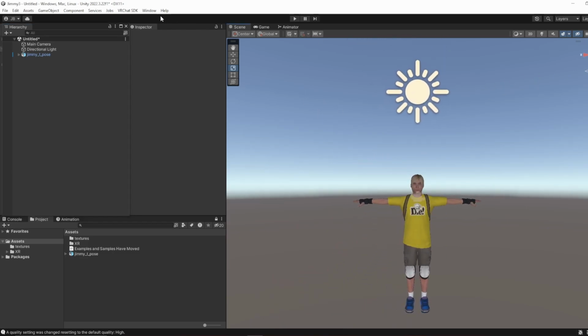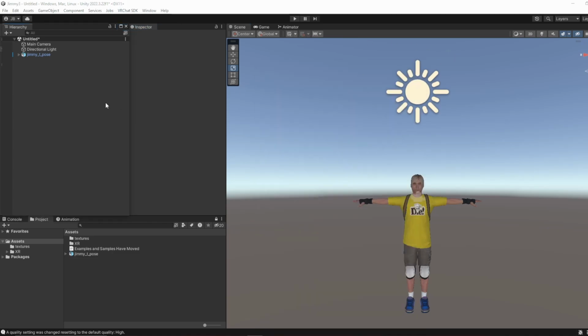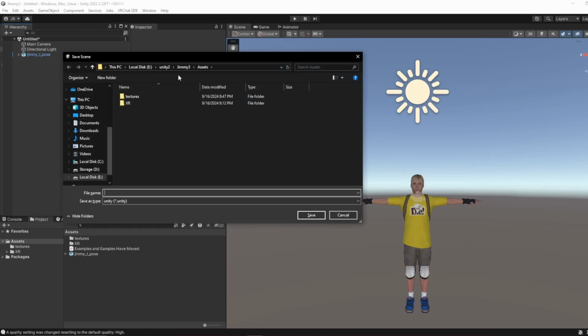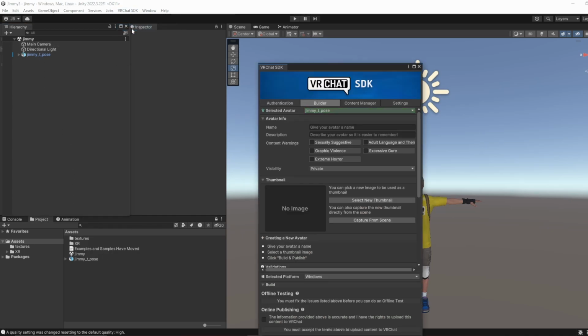So how we'll do that is we'll open up that control panel back up, and actually I should save real quick. So we'll save this, and we'll just call it Jimmy. Alright, and there's our Unity file, and now we'll go open up the VRChat SDK, and we'll need to just